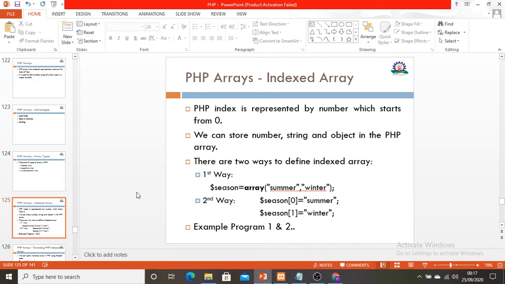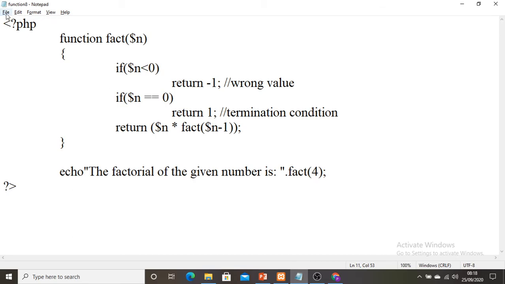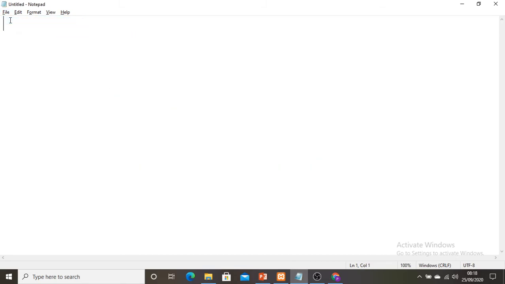Next, let us go immediately to the program execution, wherein I can experience these two different ways of getting the array elements. So let me go back to the new file. Here I will take the same example. I will take the array of seasons and try to get the output of the different seasons.